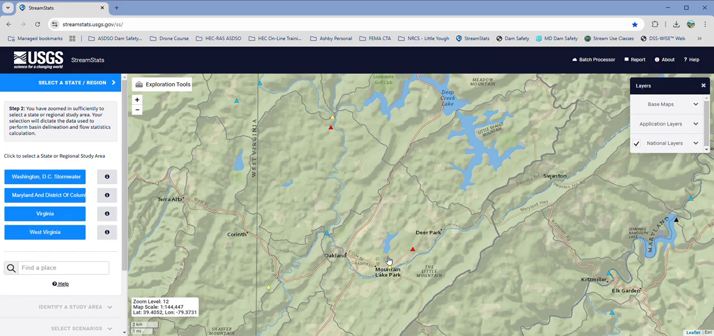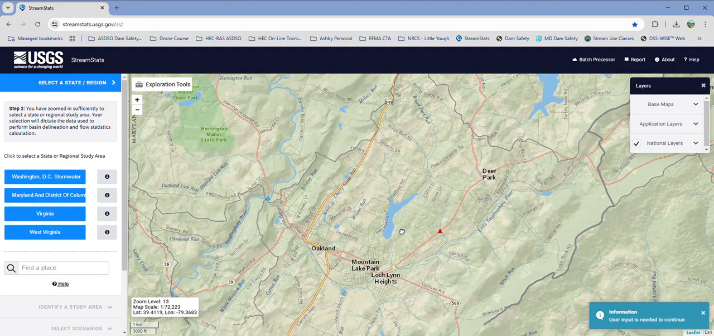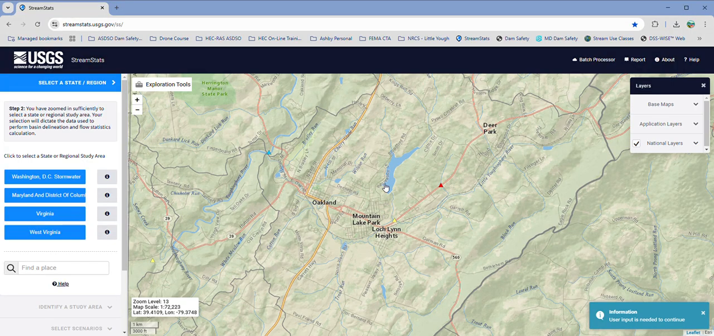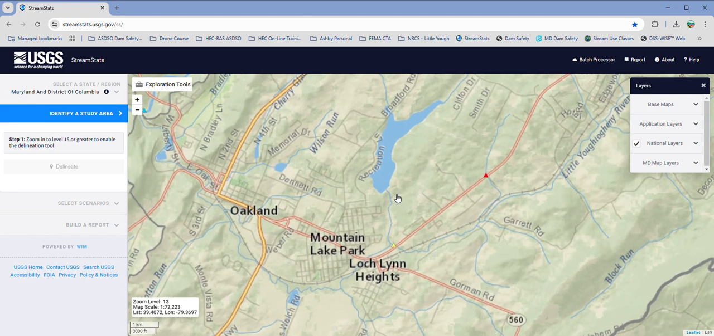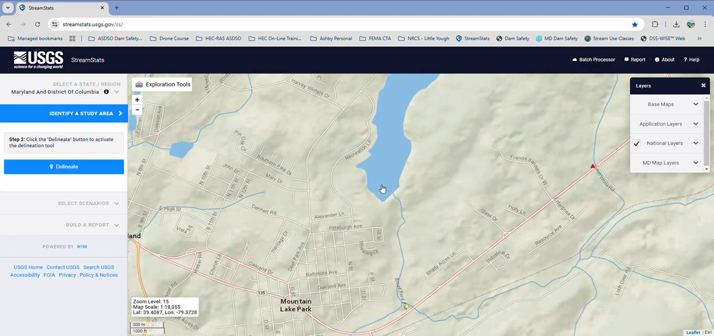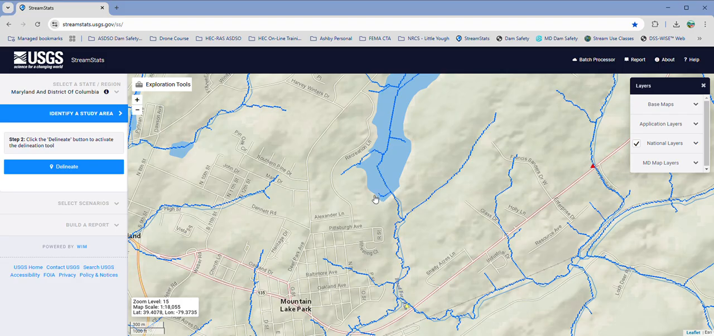And as we scroll in, we can get a little closer. You'll notice that over on the left-hand side, it'll say to select a state or regional study area. That's really the data associated with watershed delineation. So we're going to pick Maryland, obviously. And we still have to get in a little tighter for it to enable the delineation tool. So we move in a little closer, and then you'll see these blue squares pop up that we can now